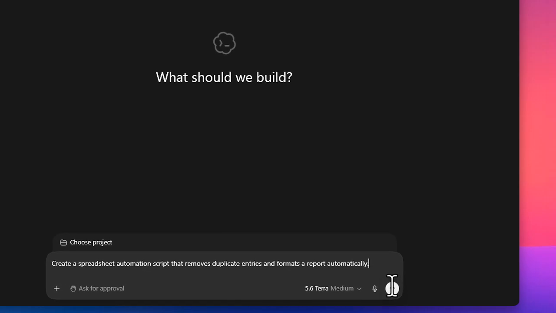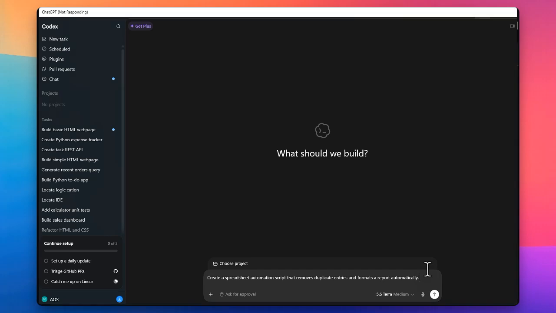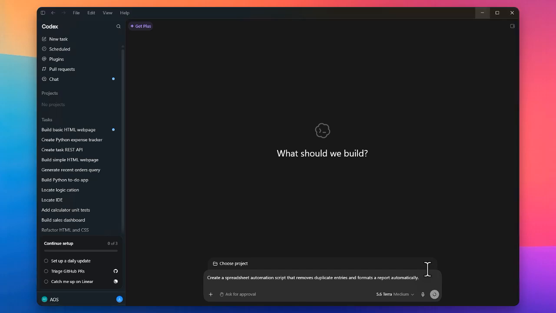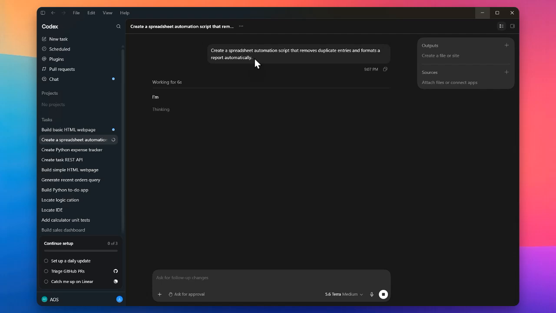For example, you could ask, create a Python script that organizes files in a folder by type and moves documents, images, and videos into separate folders. Or create a spreadsheet automation script that removes duplicate entries and formats a report automatically. Codex can also help with tasks such as analyzing data, creating small tools, automating repetitive workflows, generating reports, fixing errors,